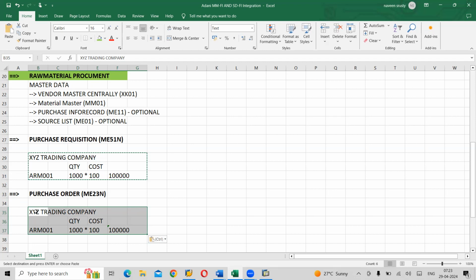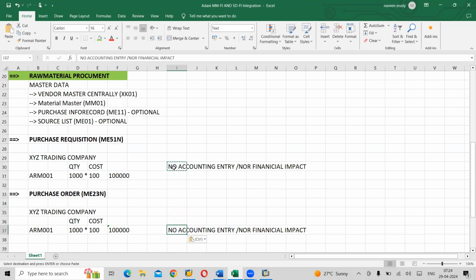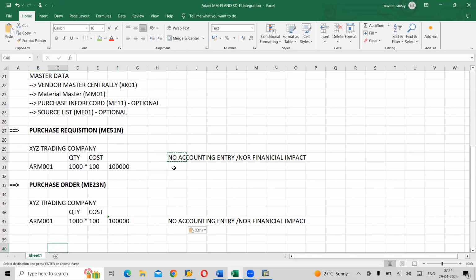So till here, requisition, no accounting entry, no accounting entry nor financial impact on the books. Okay, same thing. One line entry will get created. That's it. Okay, and third one,